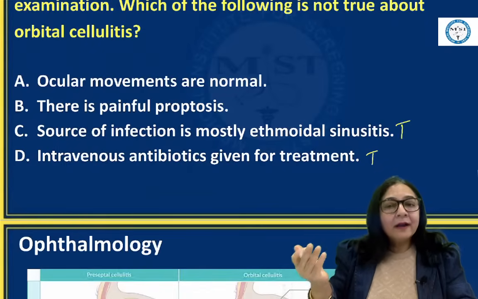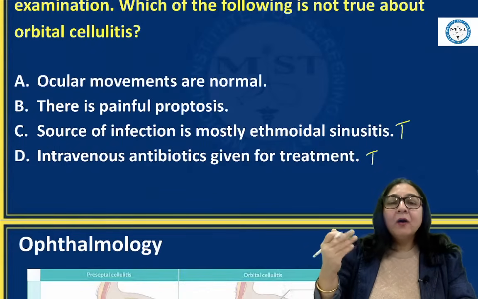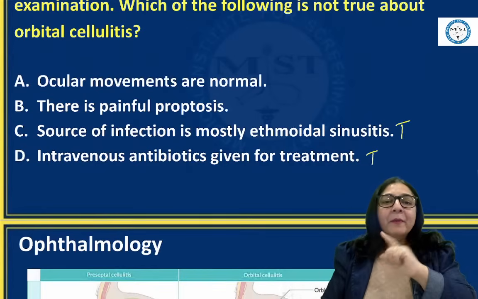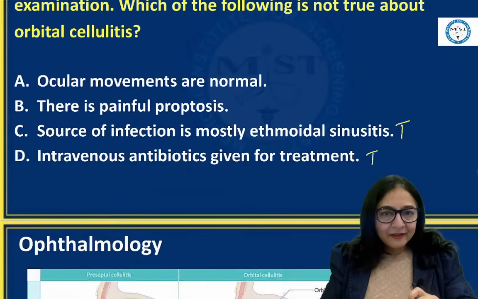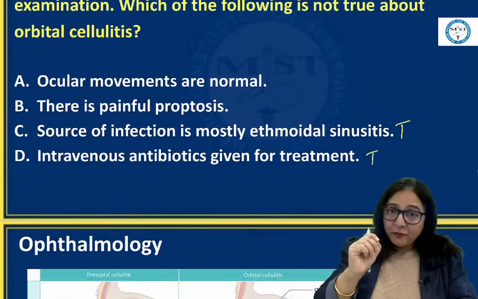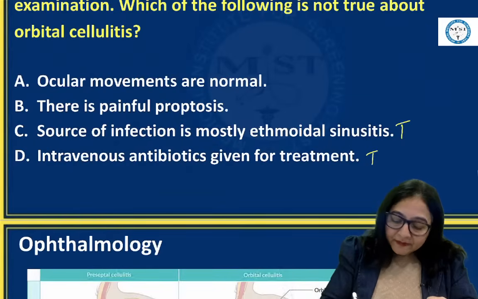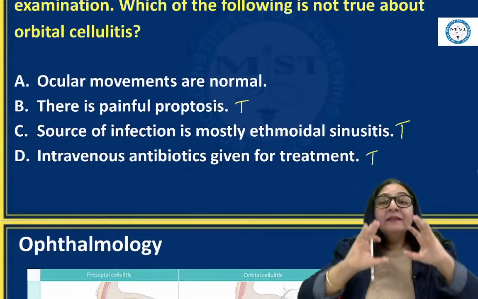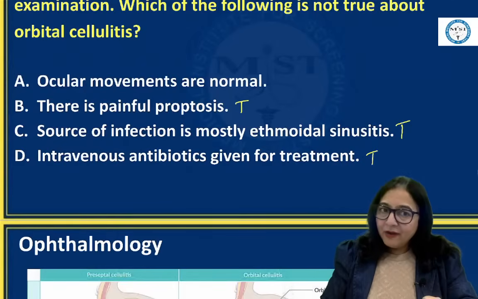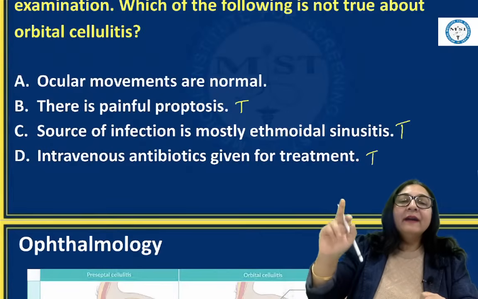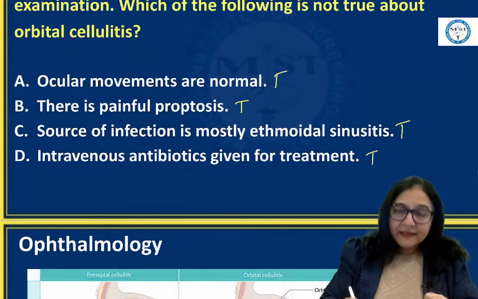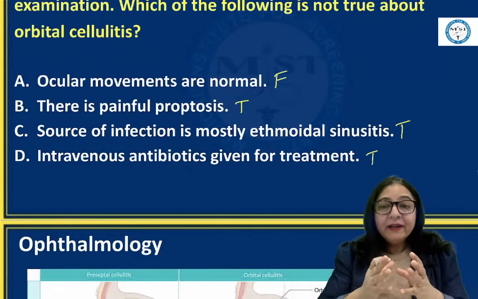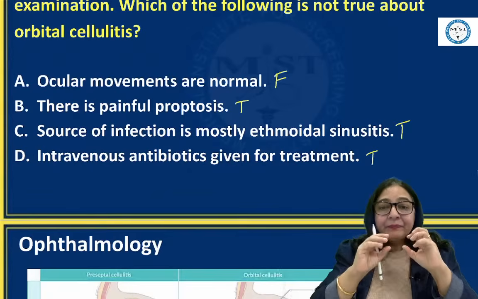It can also occur after orbital trauma or after orbital surgery or even procedures like DCR, but more commonly through the ethmoidal sinusitis. There is painful proptosis. Very right, because there is inflammation of the soft tissues in the orbit. So there is proptosis, which is painful as well. Ocular movements are normal. Now this is a false statement because there is inflammation, infection, suppurative inflammation in the deeper